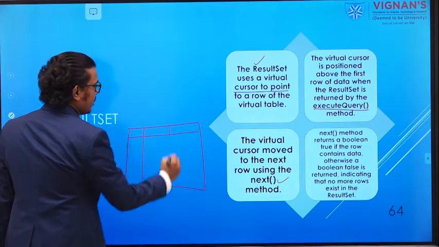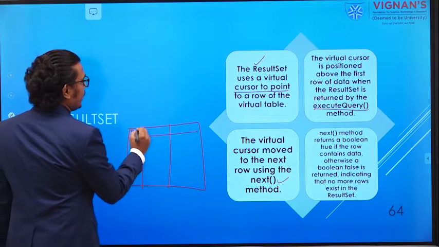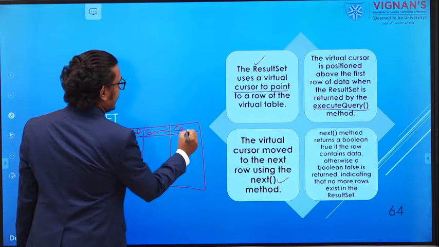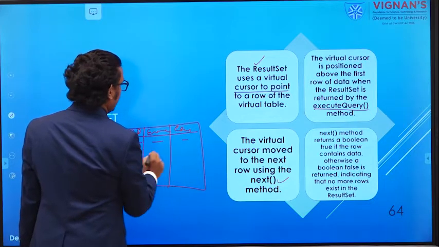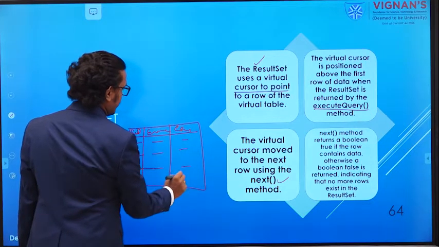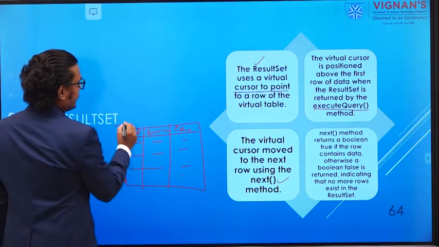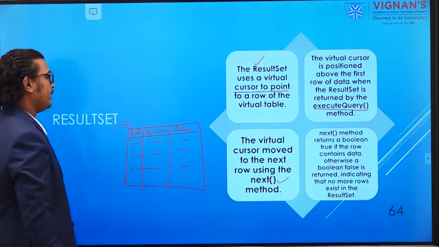So here this is your output. Here you have the employee ID, employee name, and after that the employee salary. Once your execute query is executed, your result set pointer will be placed always above the first line. Why?